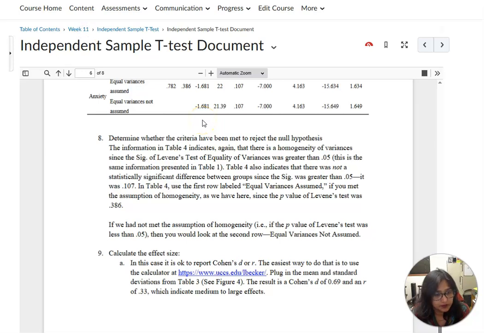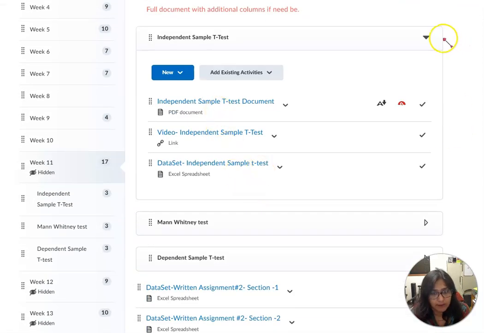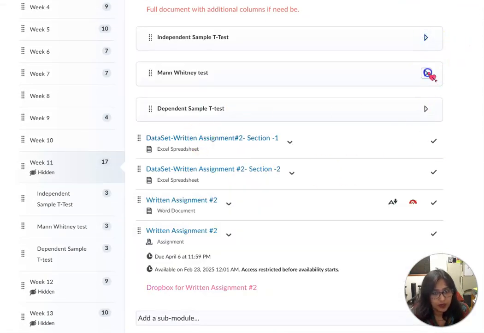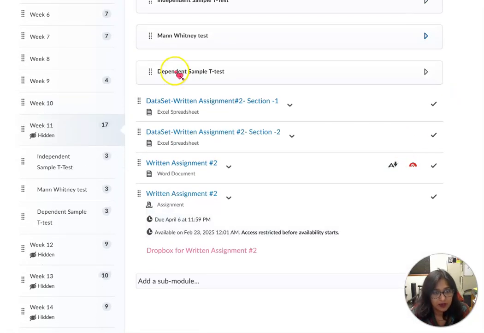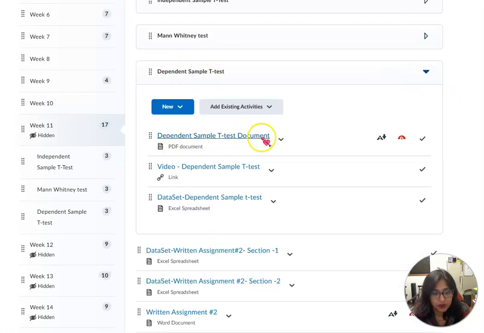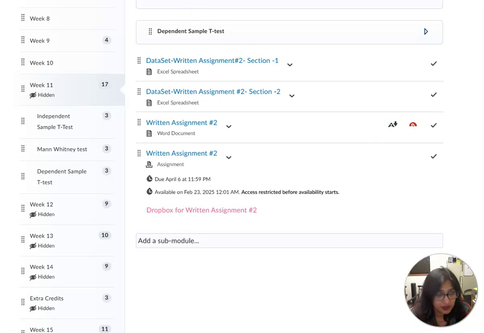Go back. For each one of them, you have the document, the video that goes with it, and the data set. So what do you have for your assignment? I'm going to go back to the other ones in just a minute.